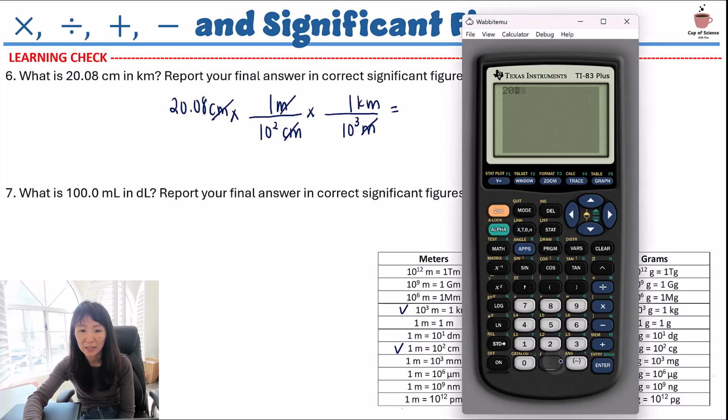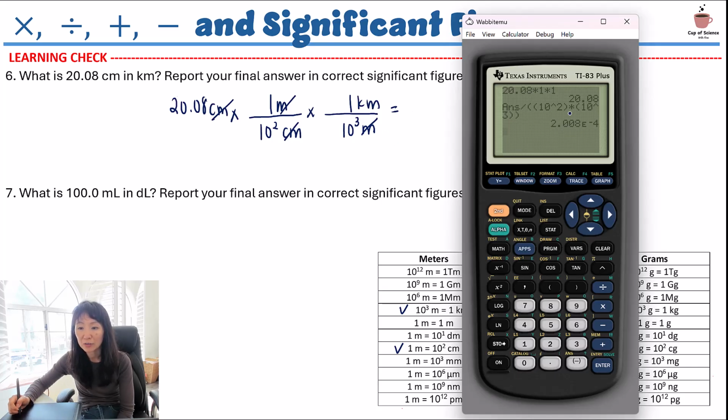So we have 20.08, and then that is multiplied by 1, and then multiply 1 again, which is everything across on top. Enter. Divided by, I'm going to double parenthesize, 10 to the second power. That's our first one here. And then multiply that by 10 to the, with the parentheses, 10 to the third power. And then I'm going to close it with another parenthesis. And then I get